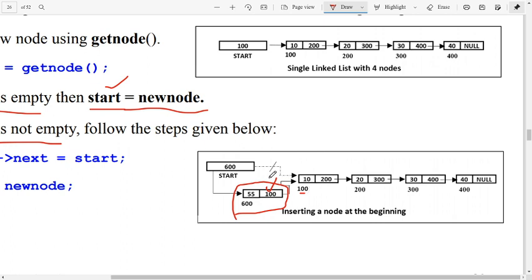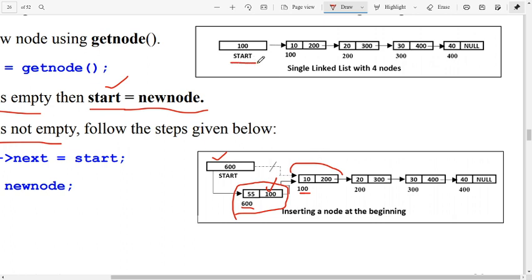Afterwards, as we can directly get the base address of the new node just by its name, I will assign the base address of the new node to start. So accordingly, 100, which is the base address of the first node, will be assigned in the next field of the new node, and the new node's base address assigned to start.